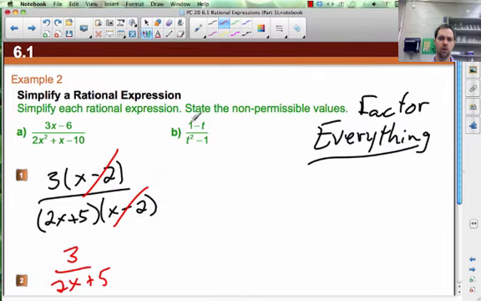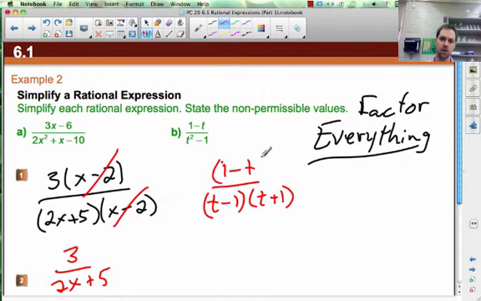This one, the numerator can't be factored, but the denominator is a difference of squares. So in the numerator we have 1 minus t, and in the denominator we have t minus 1 times t plus 1. Now these can't cancel each other off the way they are because they're opposites. But if we went ahead and took out a negative and changed this to negative and that to positive, then